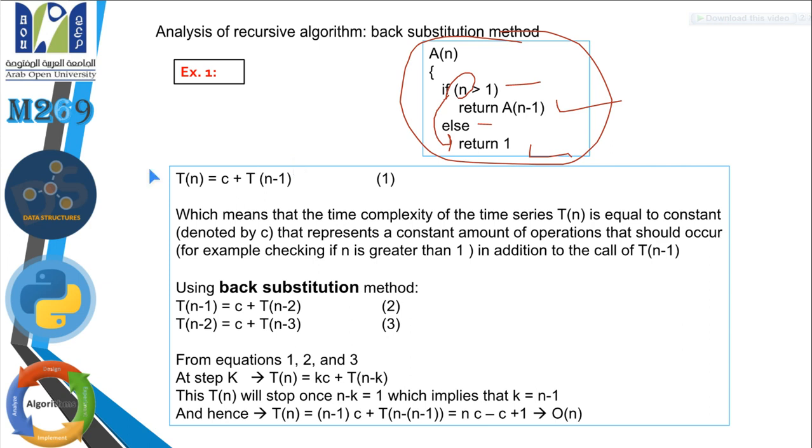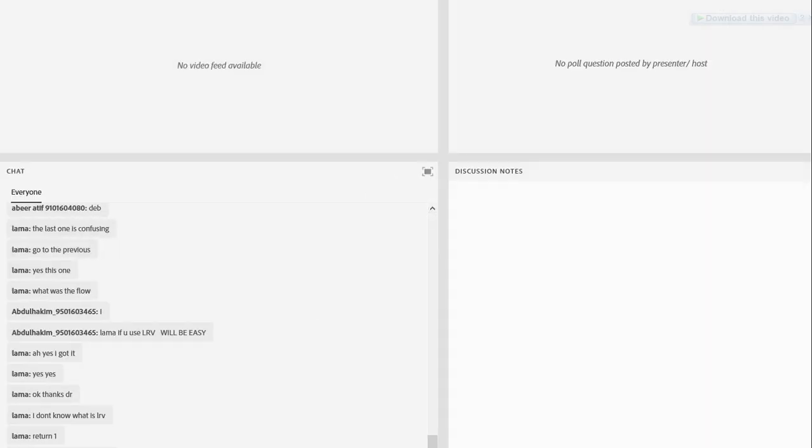Now if I give you this function and I ask you to find the complexity of this function, how will we be able to do so? Yeah, okay, I know it's n. Yeah, it's written here, but how is it n? Now that is the